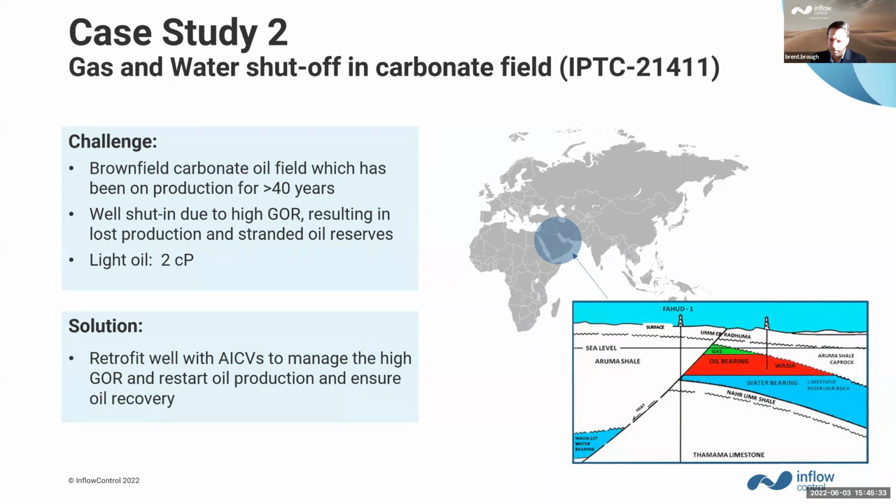The question from Kareem, can we use it in all wells? Majority of the wells we can. What we have to look at first is whether we can help with your reservoir properties. It depends on the reservoir properties first. Hussein, this is probably one of the most cost-effective alternatives to a smart well completion. The question was asked, can we use this with a smart well completion? The short answer,